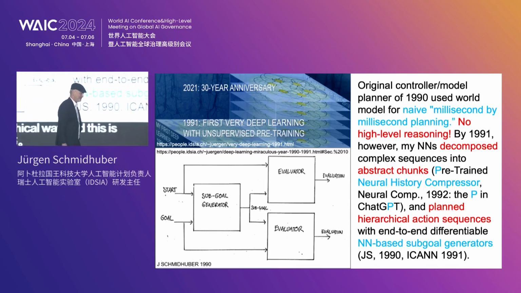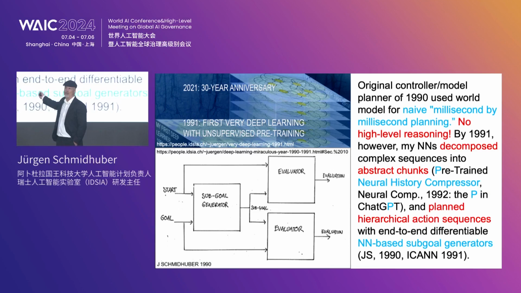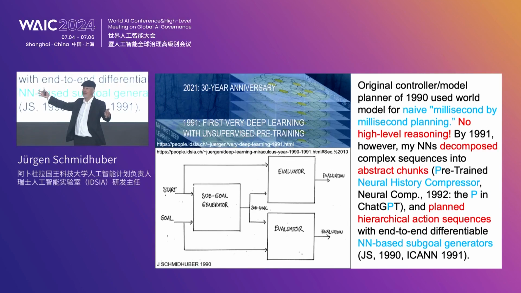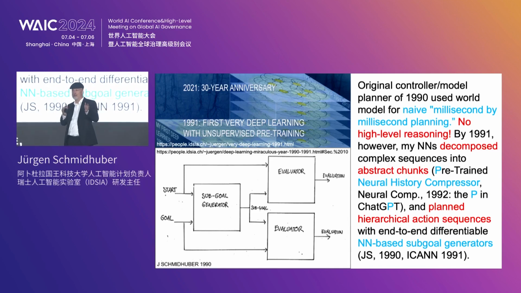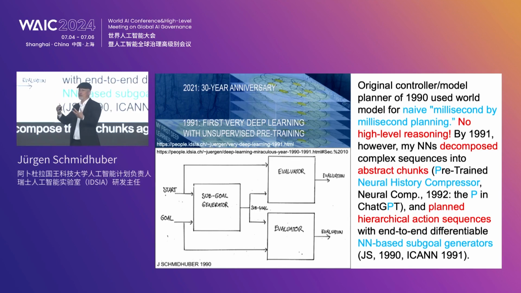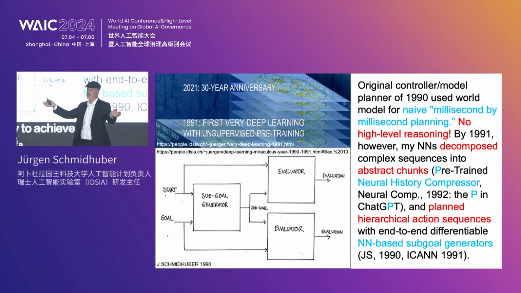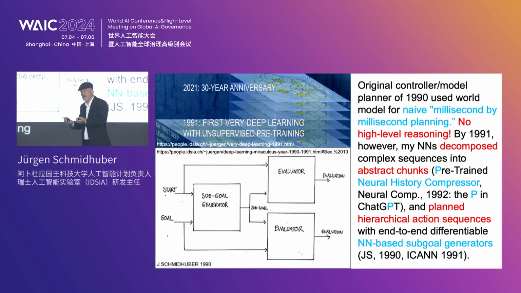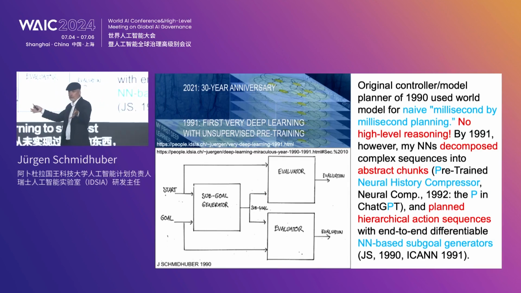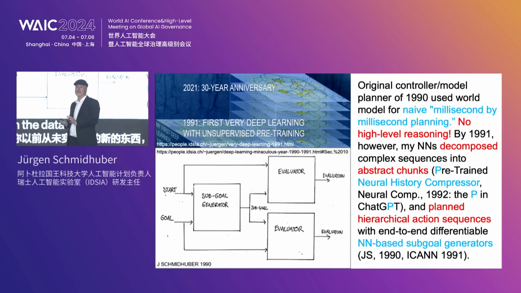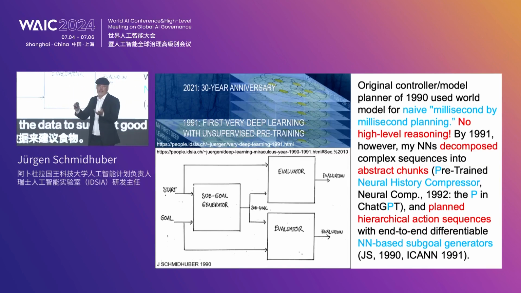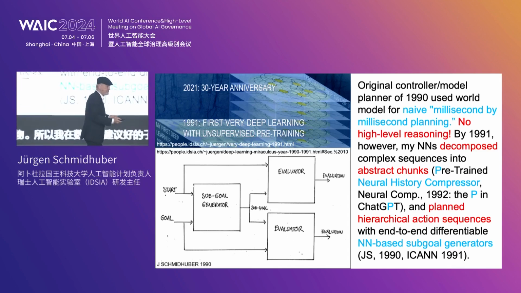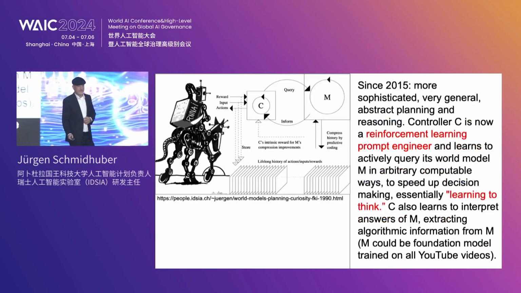And this is what many people today think is important, but already in 1991 we had the first machines that really could decompose long sequences into chunks and then also recompose these chunks again in terms of subgoals, such that you try to achieve something new that you never have achieved before. And a gradient-based subgoal generator is learning to suggest, through working on the data, good subgoals. So even that is an old hat, except that we now have better ways of doing that than what we had back then.